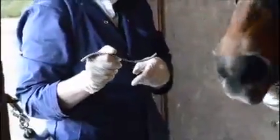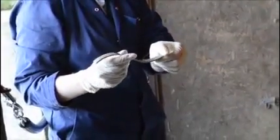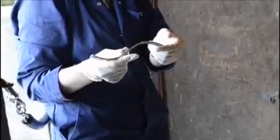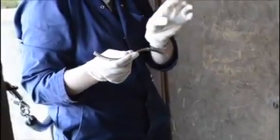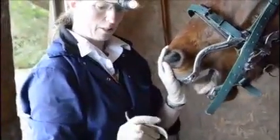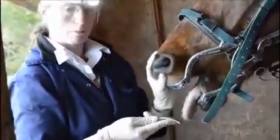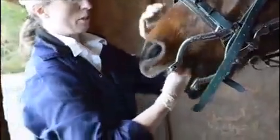Okay, that helps those tops. And then I'll just get one other one. This is what we call a diamond S float rasp, which is just that nice S shape to it, which is really lovely if you want to do anything around the front of the mouth, just to try and protect the soft tissues around. So we've got the tongue and the cheeks and all those lips, you don't want to catch sometimes with the other rasps, and this one's really nice that we can sit nicely in our fingers and just get to these little edges that we want to round off, especially at the front of the tooth, so that